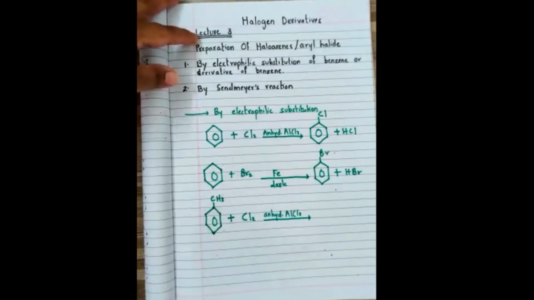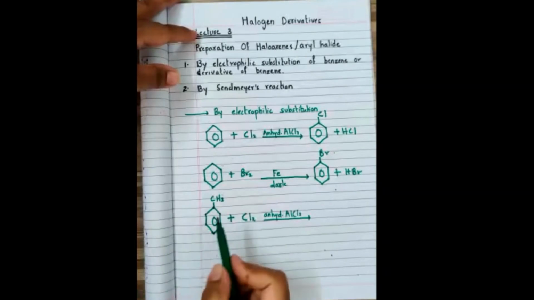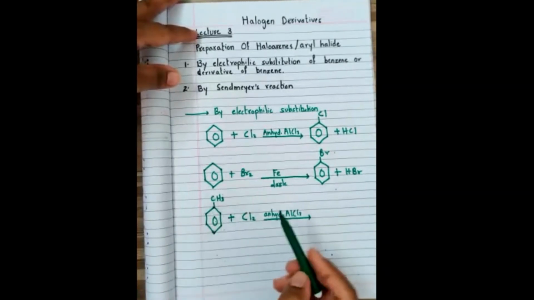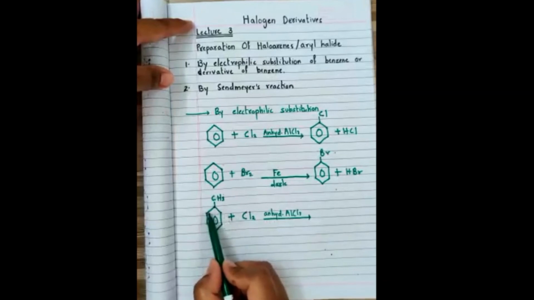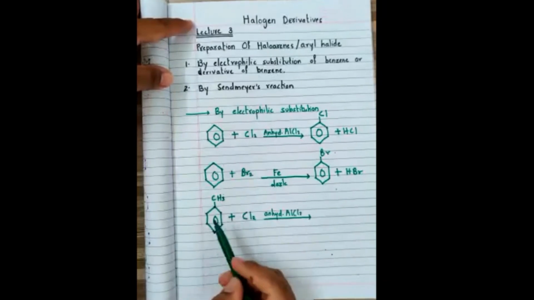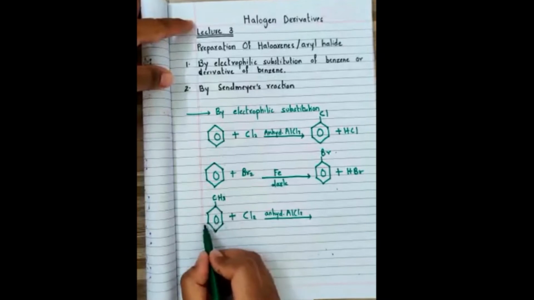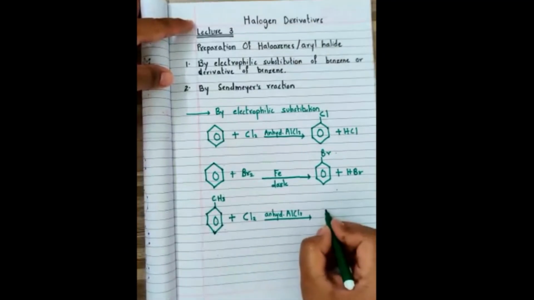Now in monosubstituted benzenes, the substituent will have a directing influence on the coming group. Here alkyl group is our substituent, and these alkyl groups are ortho-para directing. It means they will direct the position of the coming group to ortho position and to para position. We know that the second positions, both the second positions are ortho position, third position is meta position, and this fourth position is your para position.